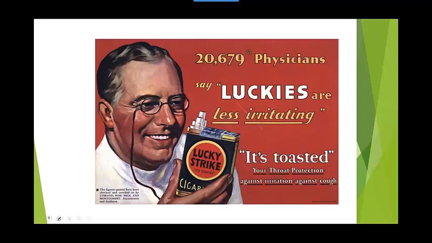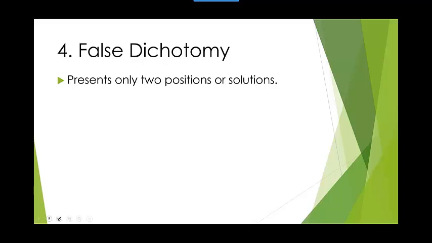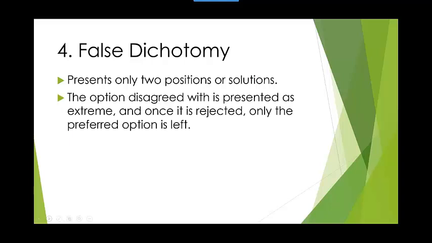Okay. All right, so we've got ad hominem, straw man, appeal to authority. So next, let's look at false dichotomy. Again, kind of what it sounds like. False dichotomy presents only two positions or solutions for any issue. And the option that you disagree with is presented as extreme. And once you reject the extreme thing, you only have the preferred option left, which presumably is what you wanted